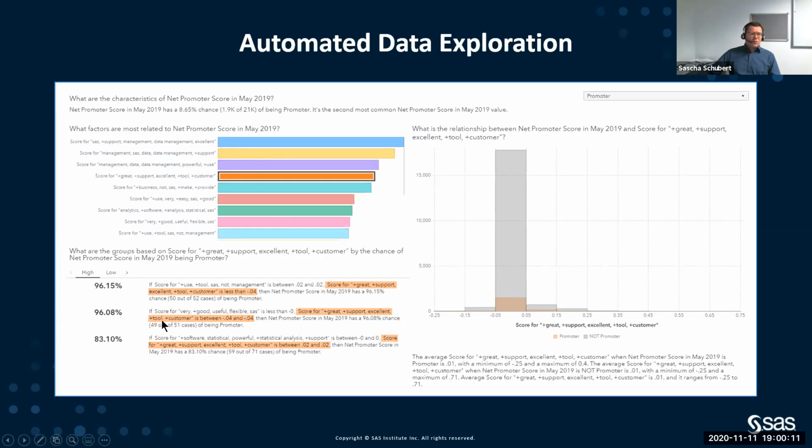And down here at the bottom, you can even get a description of the relationship, where artificial intelligence is used to create that description. Natural language processing takes the statistical numbers that come out of that analysis and puts them into more understandable language, to show what the relationship really is between that specific variable, that specific segment of the variable, and the target. Obviously, we get some visualizations as well that make it easy to understand what's going on.